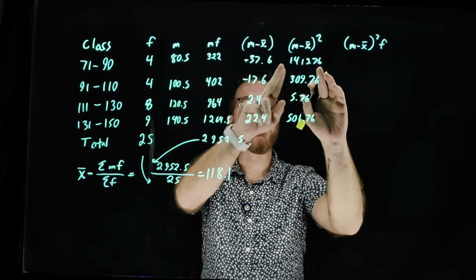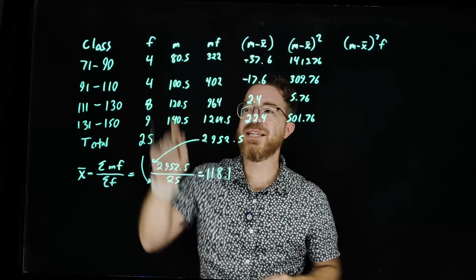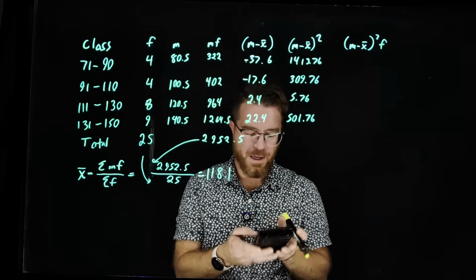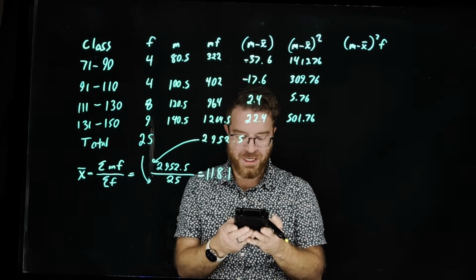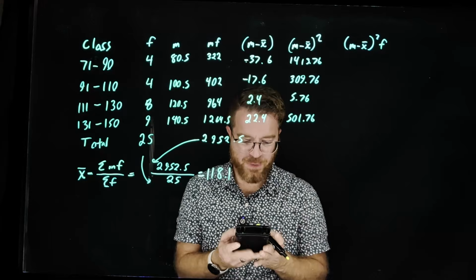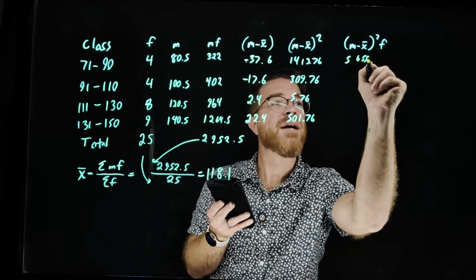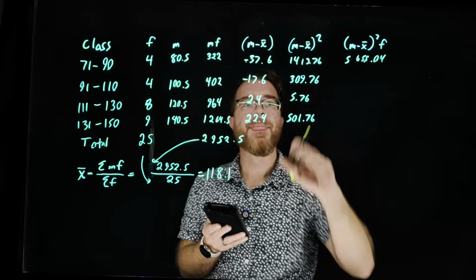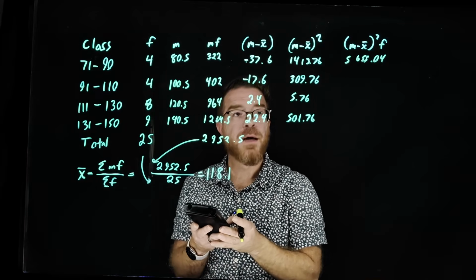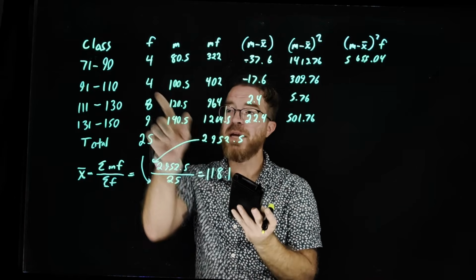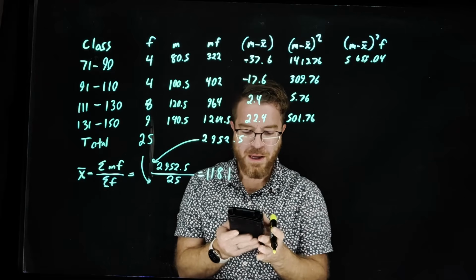So in this case, we're going to take this 1,413.76, we're going to multiply that by 4. So 1,413.76 times 4, I'm going to get 5,655.04. Then I'm going to take 309.76, and I'm going to multiply that by my frequency 4. This is going to give me